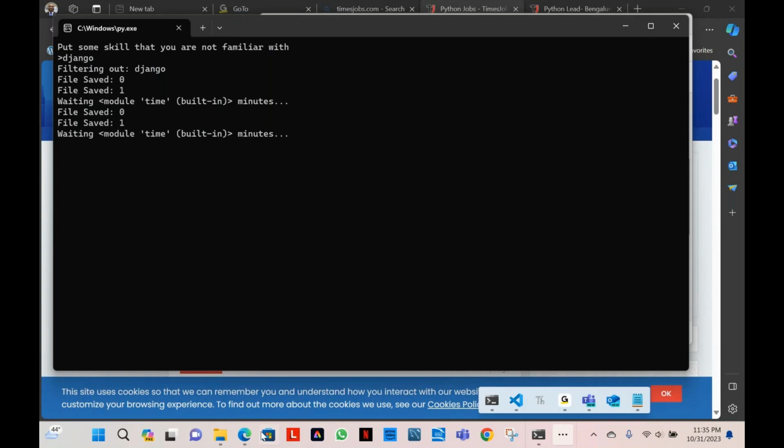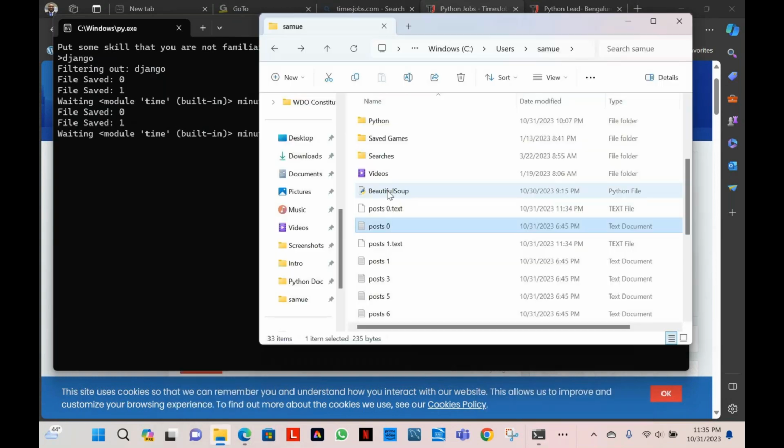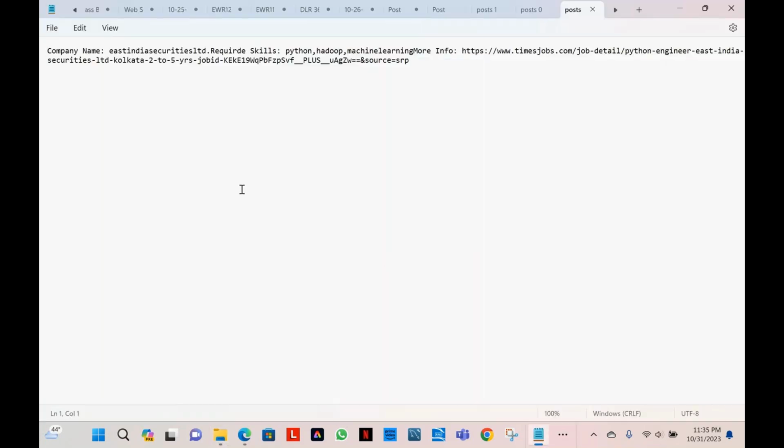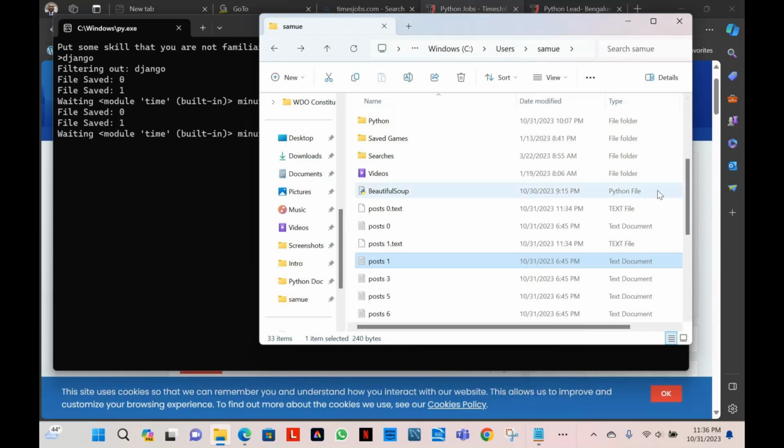Yes, let's see. Like this one is 0, like this one is 1. You see, it has the company name, the company name is different. Then here are the skills. You have Python, Hadoop, machine learning, and then this is the link to the job. So every 5 minutes, if you have any changes in the page, you'll be going